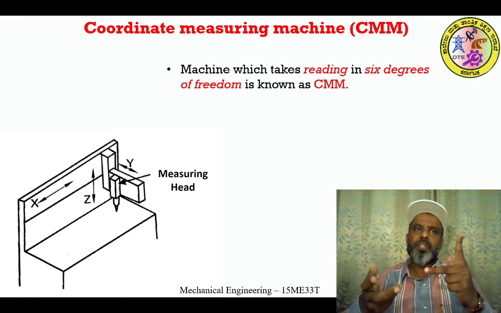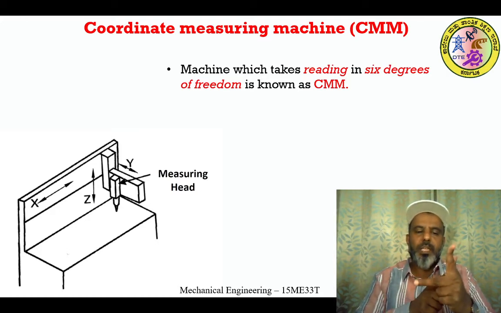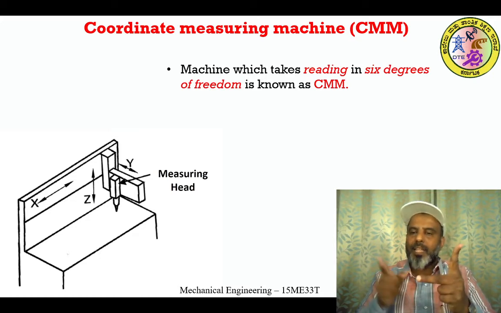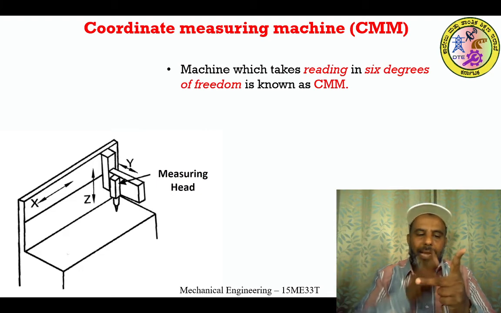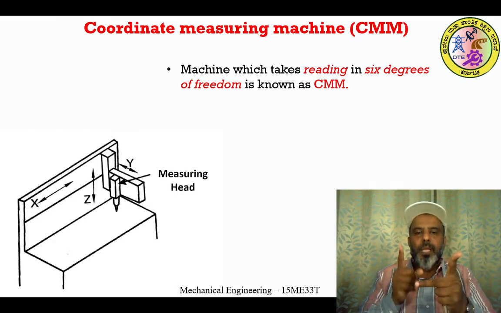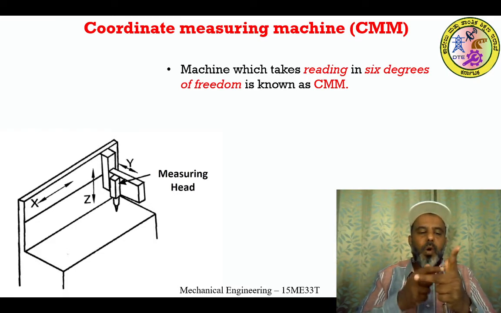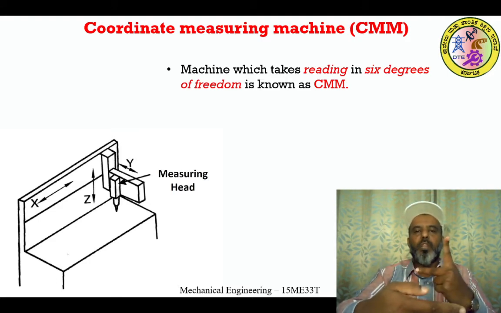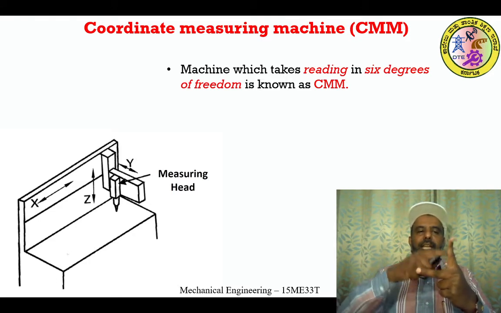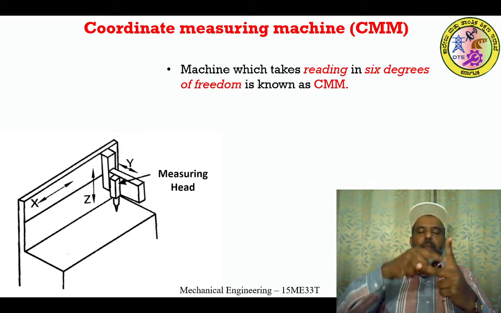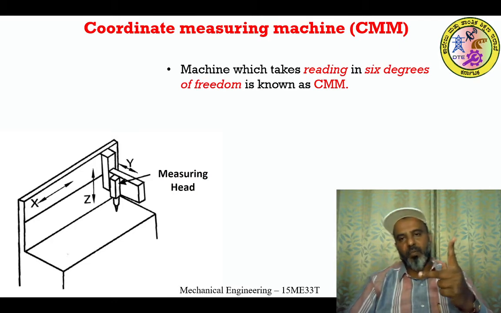Or in some conventions, from the origin, if the axis has movement only to the right side, you call it the 1st degree of freedom, and movement from the origin towards the left is the 2nd degree of freedom. Similarly on the Y axis, movement in this direction becomes the 3rd degree, and on this side the 4th degree. And on the Z axis, if it is moving upwards, it is the 5th degree of freedom, and if it is moving below, it is the 6th degree of freedom.